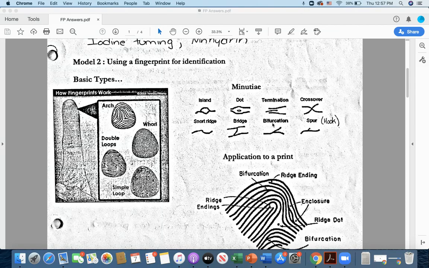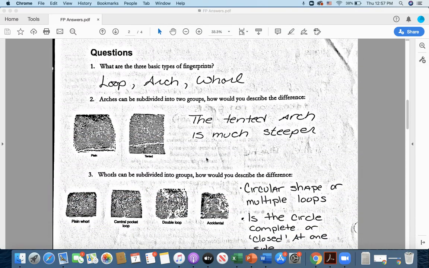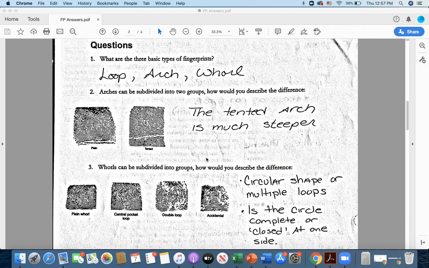We got our minutia patterns. We got our overall patterns in general. So just to review, our 3 basic types of fingerprints would be loops, arches, and whorls. Arches being the least common, loops being the most common. The arch could either be a plain or tented arch. The tented arch is more of a steeper arch, and many times you'll see a bit of a vertical line